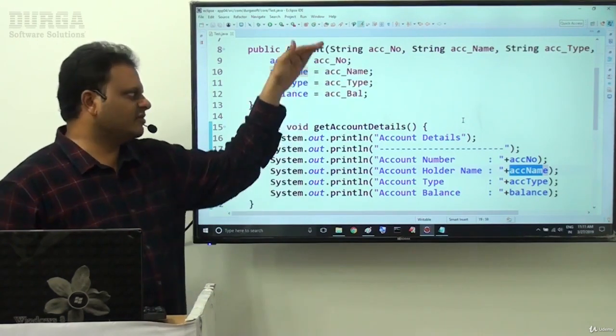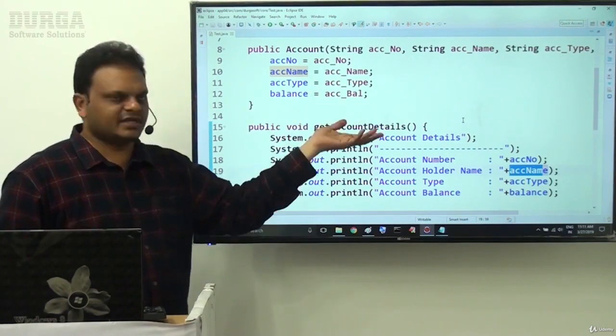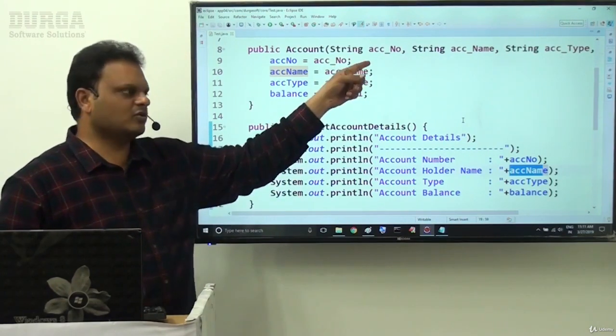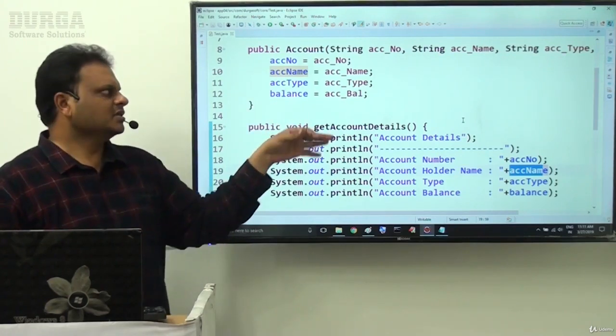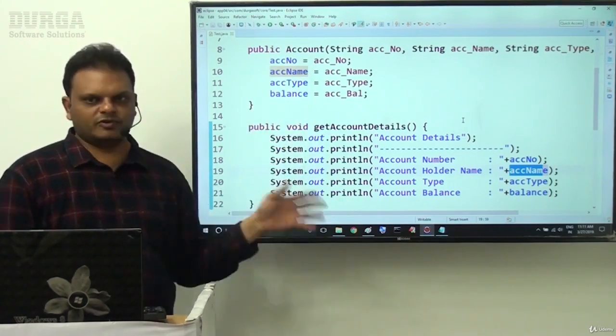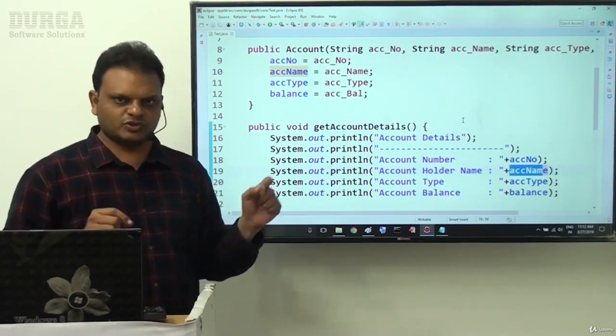The class level variables have scope throughout the class. So whatever data we provide to the local variables, if we assign it to the class level variables, the data will be available throughout our class. Because of that reason, we have to transfer data from local variables to class level variables.